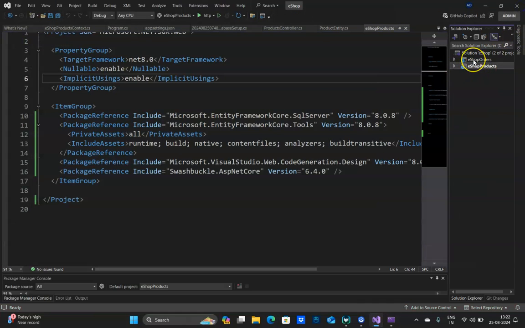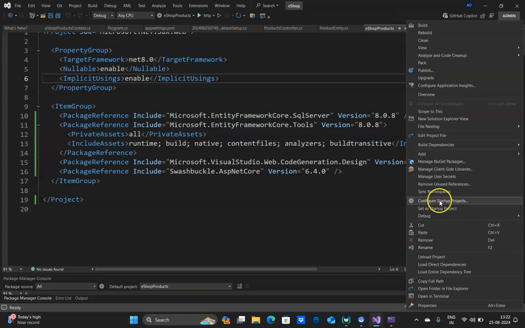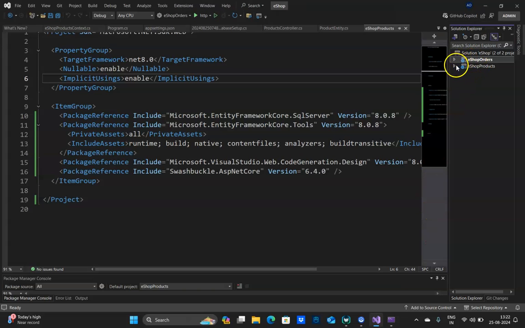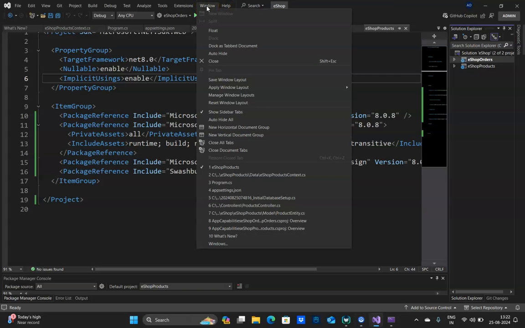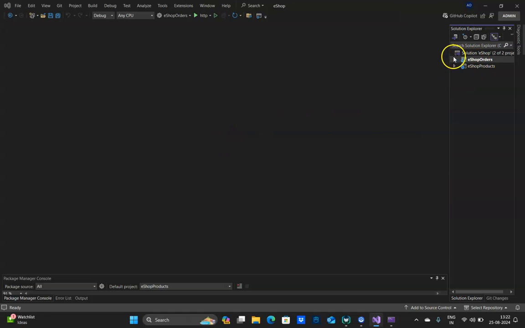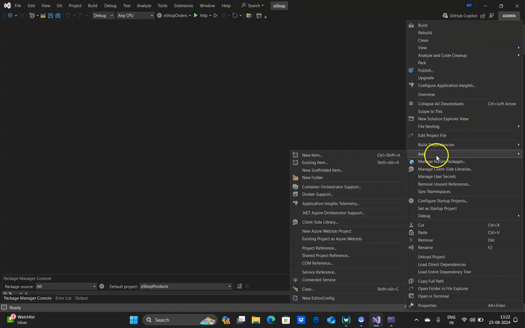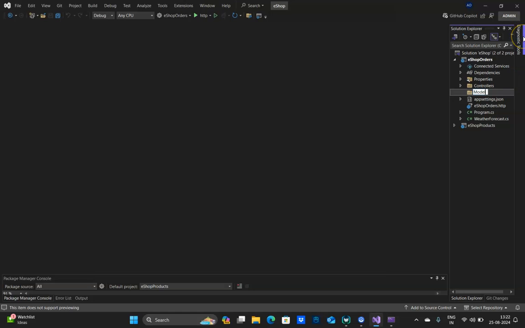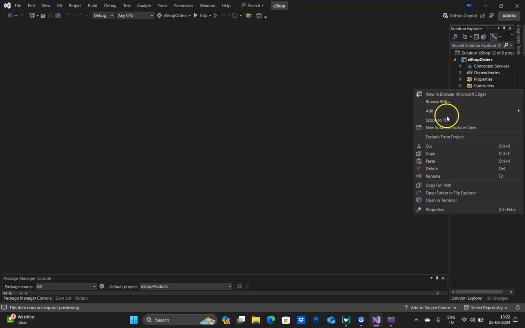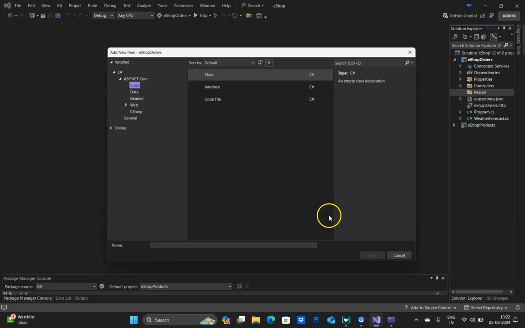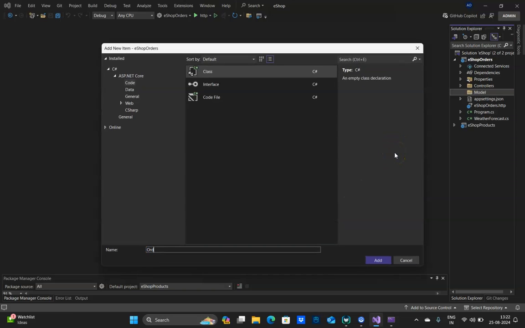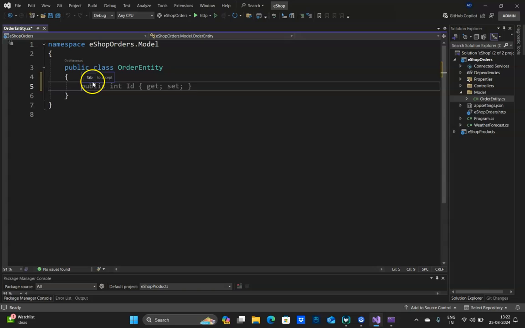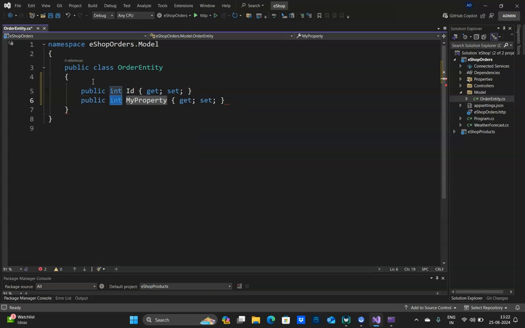So now I'll just right click on the orders and set this as a startup project. So in the orders, we are going to do the same thing. I'll just go to Windows and close all the tabs. Now here I'm going to create a model class first, add folder, and right click, and then this is order entity. This will have prop ID, this will be order ID, prop date time,